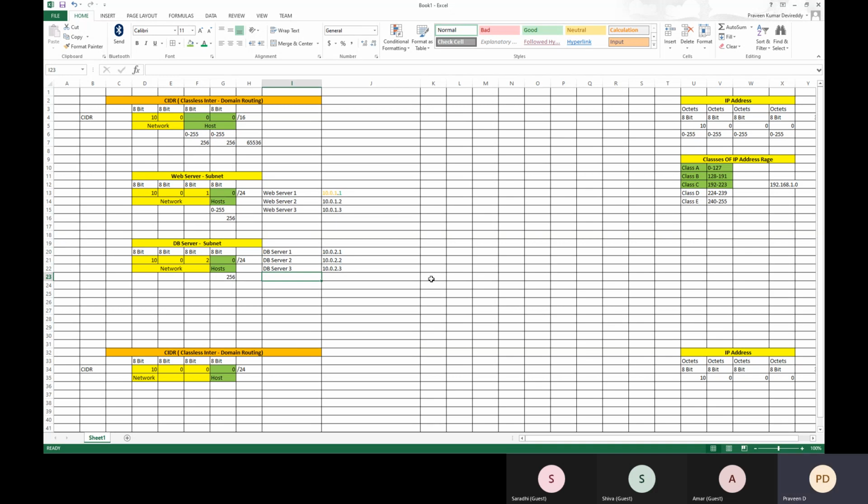Any questions on understanding the CIDR notation? Here for the servers, we have given IP addresses. We can define the IP address using the last one byte.